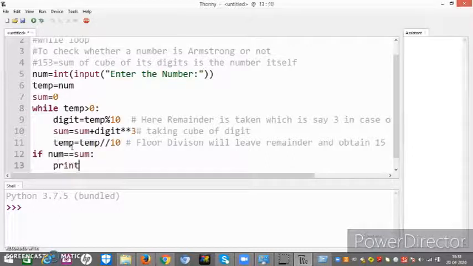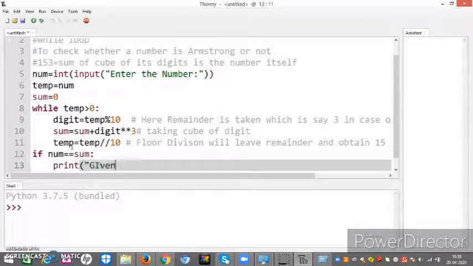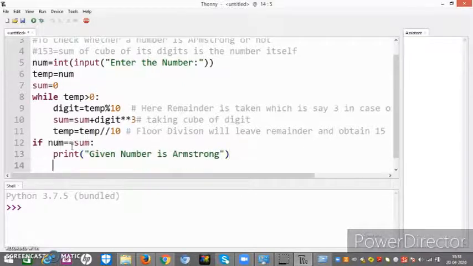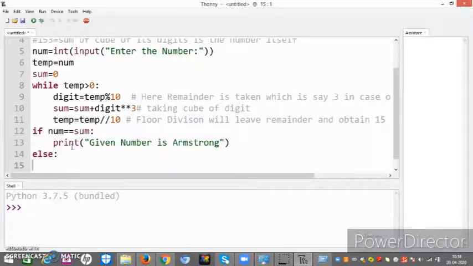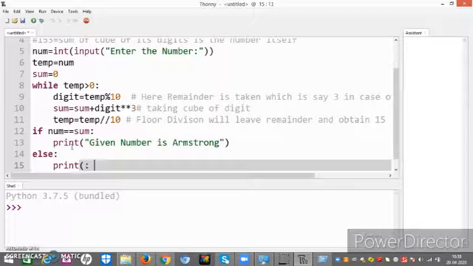Then I have to print the given number is an Armstrong number, else we should print the given number is not an Armstrong number. So simple.